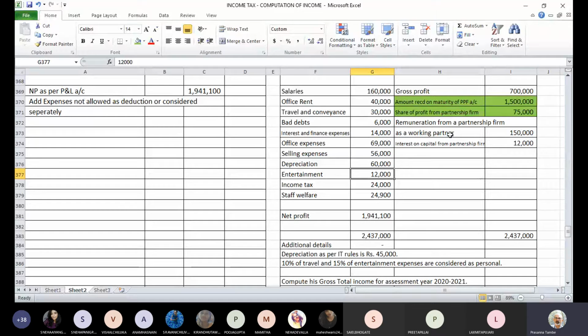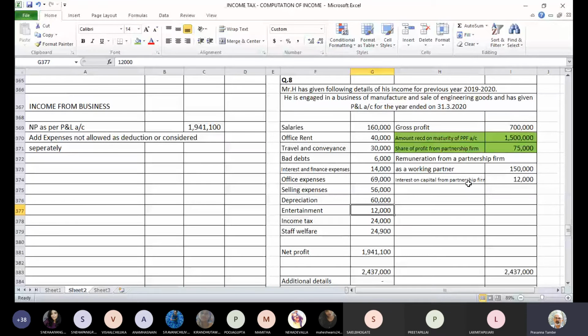Sometimes you have a mix of expenditure, inclusive of both personal as well as business expenditure. So you make a judgment, and maybe 10%, 15%, 20% if you feel is personal, you can always add back that as a personal expenditure. Likewise, this judgment is given by the SEC that 10% of travel and 15% of entertainment expenses are considered as personal. Apart from this, for the rest of the items we have to discuss and find out whether they lead to any kind of disallowance.